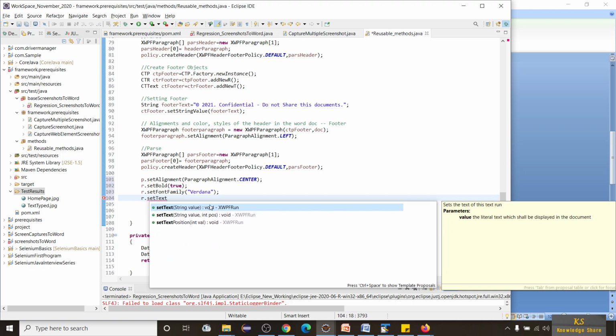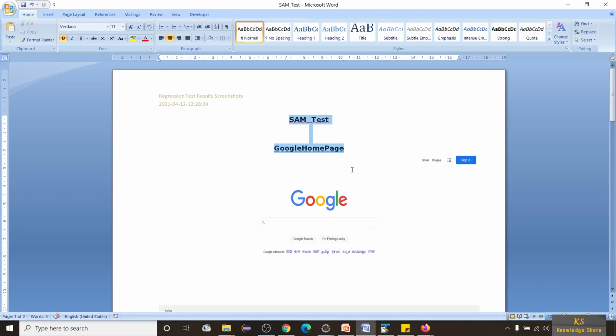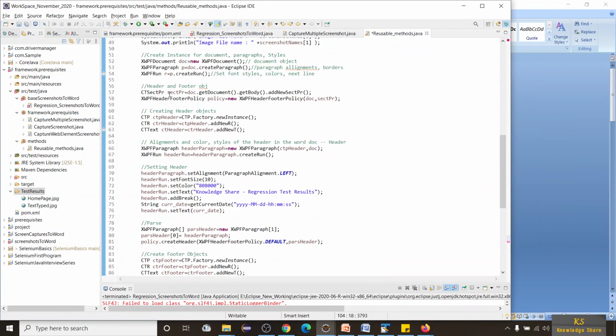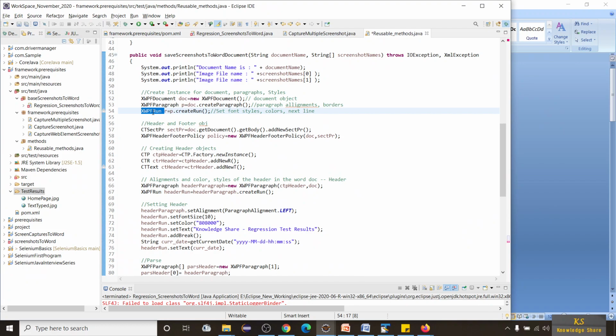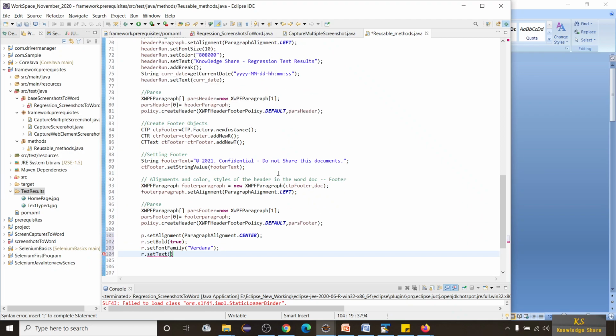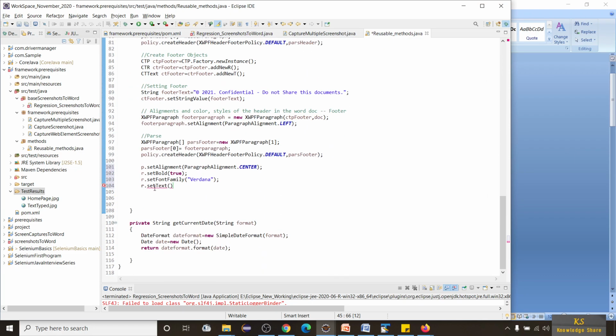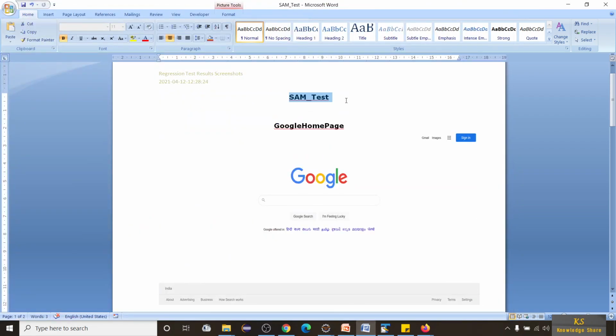So the difference between this being a footer and this being a header, and what we are putting now is these values. Whatever you have in the body, these values you are setting now. In order to set these values, you are using the variable which you created with XWPFRun. So I am setting set text of, I'm going to put the test case name, that means the document name which we put here. So I'm putting document name so that this goes on top here, SAM test.